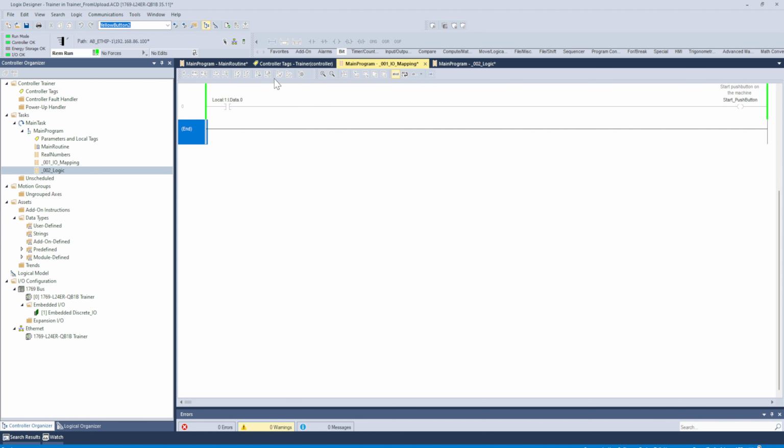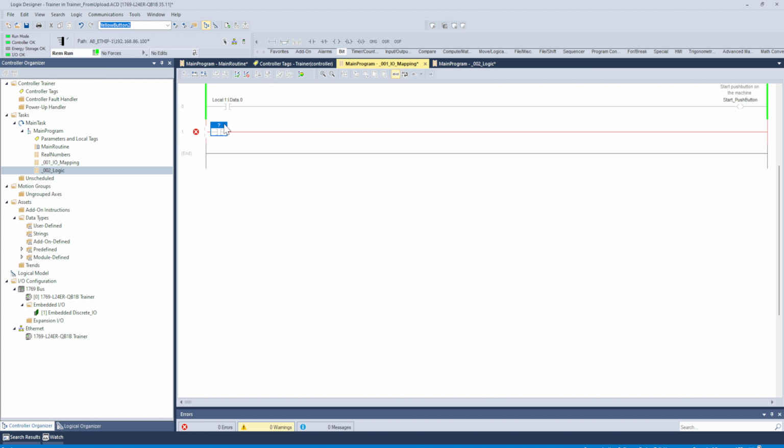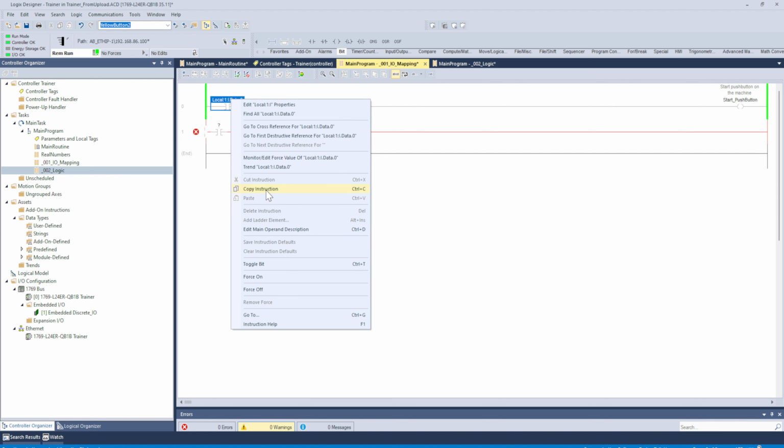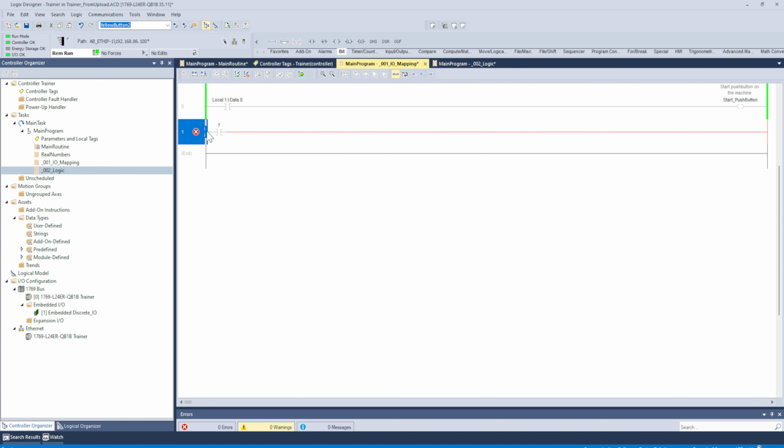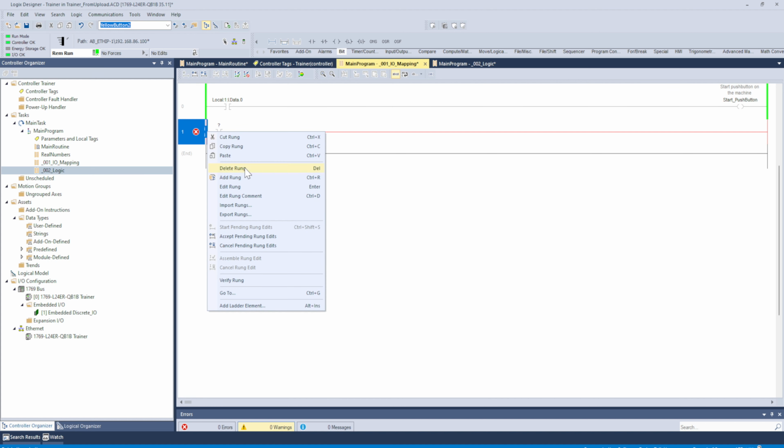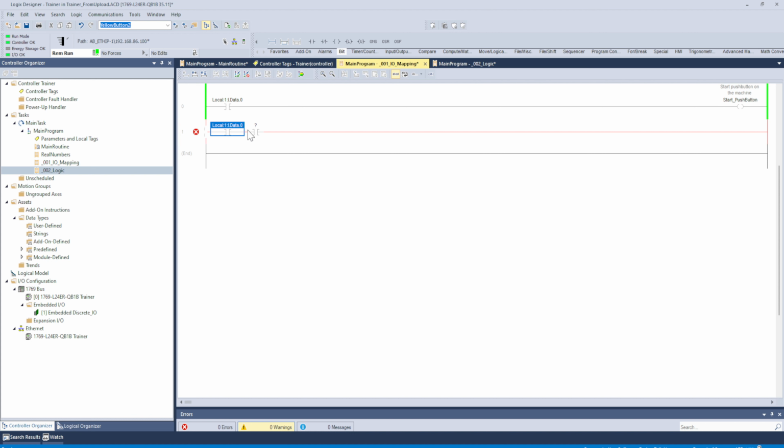Now we go ahead and map the other input, which is our stop push button. So we know that's you could either copy paste from there, you could just right click, copy instruction, and you could come back to your new rung and you could use right click, paste. That will paste it, so that helps you reduce typing. And I know that's input 2,